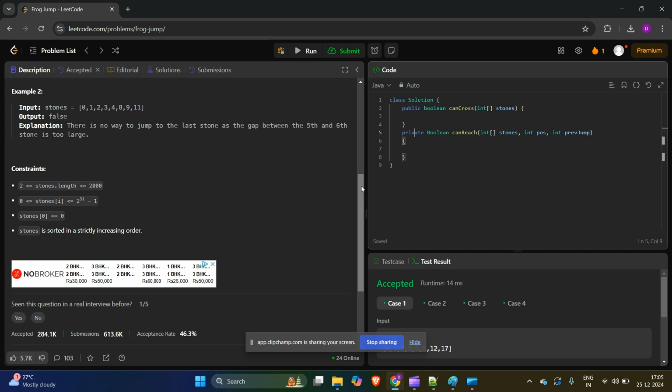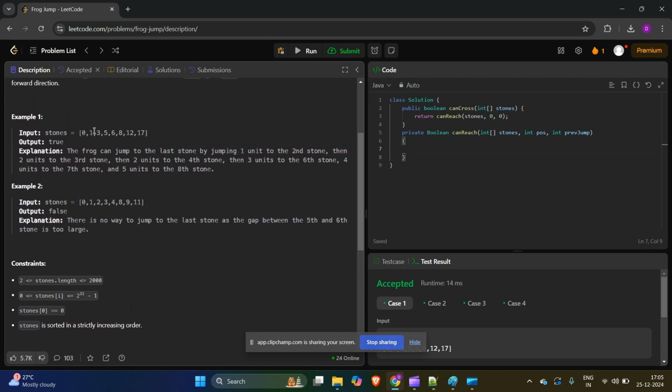Okay, and this will return me true or false as required in the problem. So I will just return canReach stones. Current position is 0 because he has not taken any jump yet, and that is why the previous jump will be 0. Okay, so now let's see what he has to do. He is at position 0. So firstly, he has to